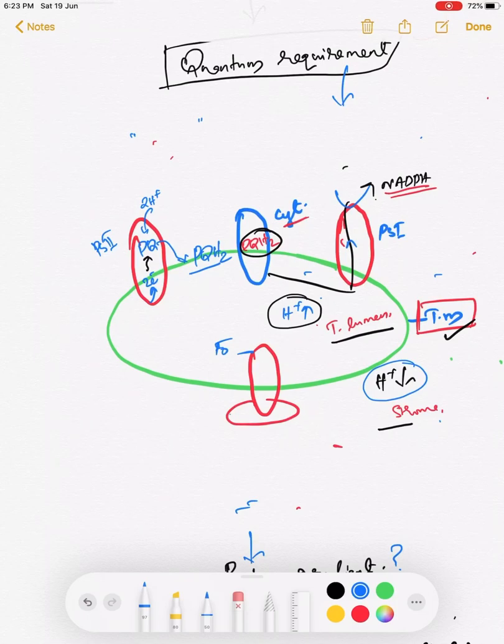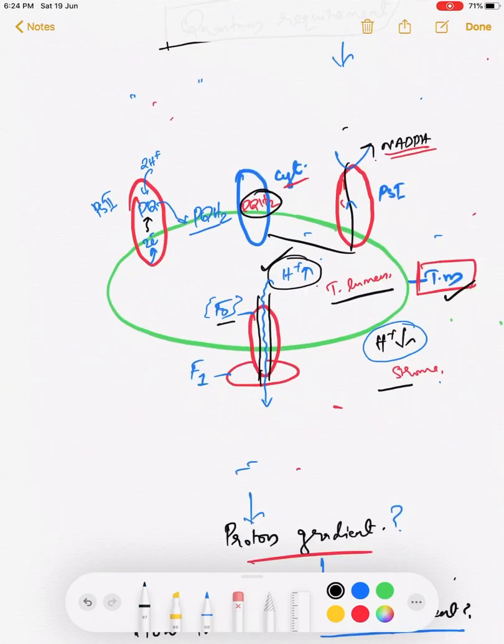As you know, this ATP synthase is having two portions, FO particle and F1 particle. This FO particle is having a transmembrane channel. There is a transmembrane channel. Through this transmembrane channel, this H plus ion can easily move. So since the movement of H plus ions occurs from their higher to lower concentration through a type of protein, we can call this process as facilitated diffusion. Remember, this movement of H plus is also a type of facilitated diffusion.